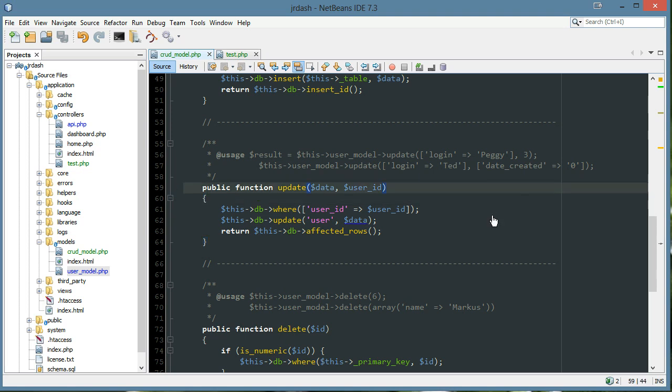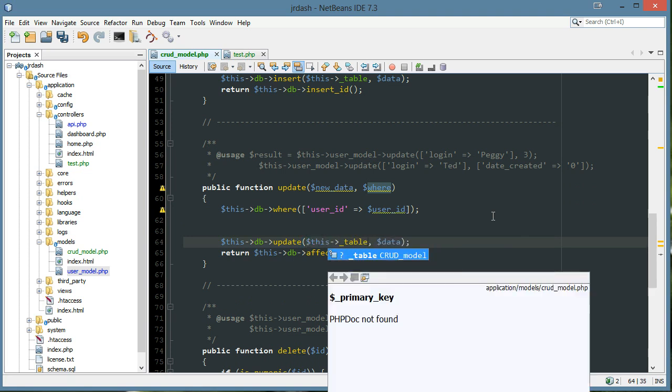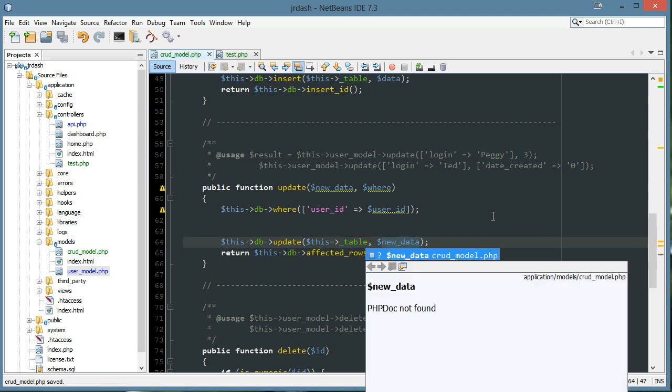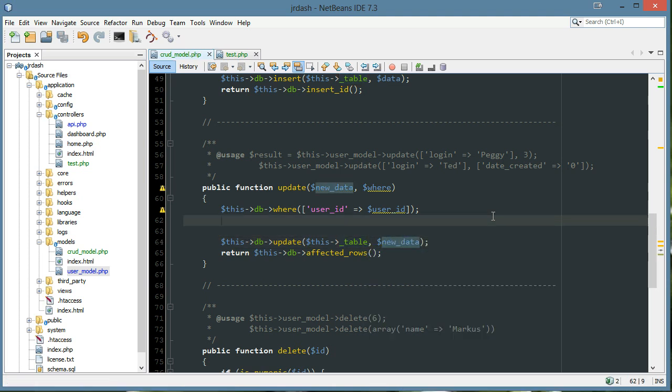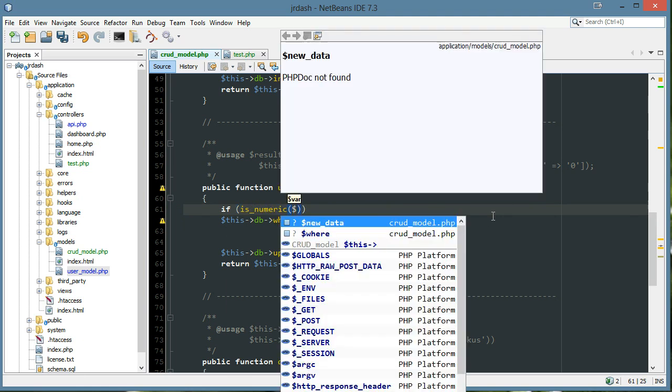Okay, so the first thing we're going to do is for the first parameter, the data, we're going to just call this new data. And for the second parameter, this is going to be our where. Okay, so we already know that we want to update, so we have this good stuff here. We'll say this table, and this will be new data. Okay, so with the where statement, we're going to want to detect if it's numeric again, so if is numeric of where,